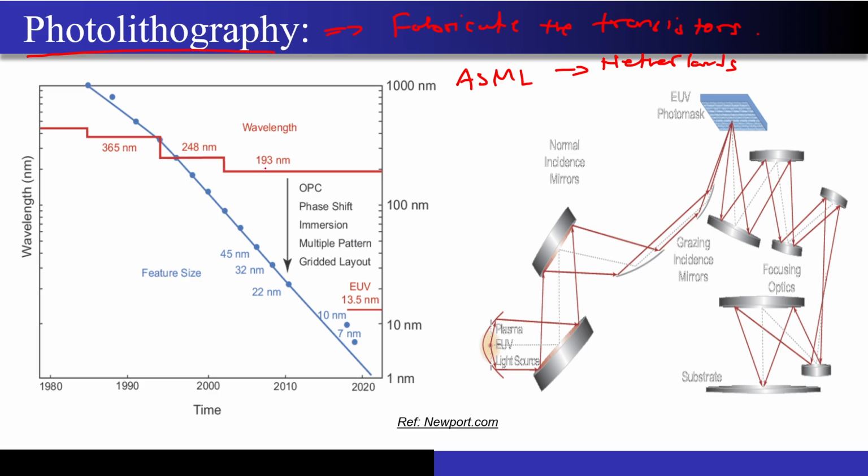What is it? Even with using a light which has a wavelength of 193 nanometer, I was able to fabricate a device which has the channel length of 22 nanometer. See, just don't go by this marketing gimmick of 22 nanometer. The physical gate length may be a little bit more than that, but we can make a rough approximation over here. Correct? What I want you to understand is, with a higher wavelength light, I am able to fabricate a structure which has almost an order of magnitude lesser dimension compared to the wavelength of the light. Do you know what this means?